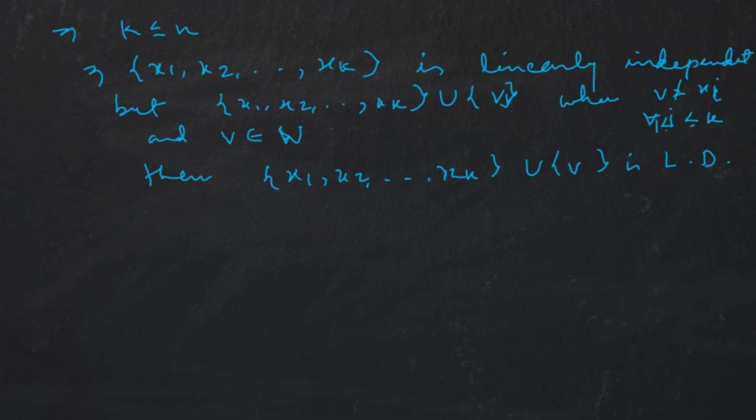So because x1 x2 xk union singleton v is linearly dependent for any v in W,